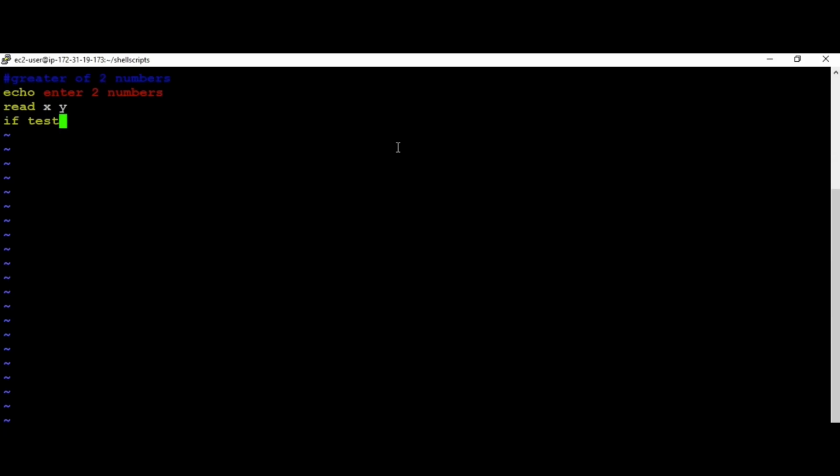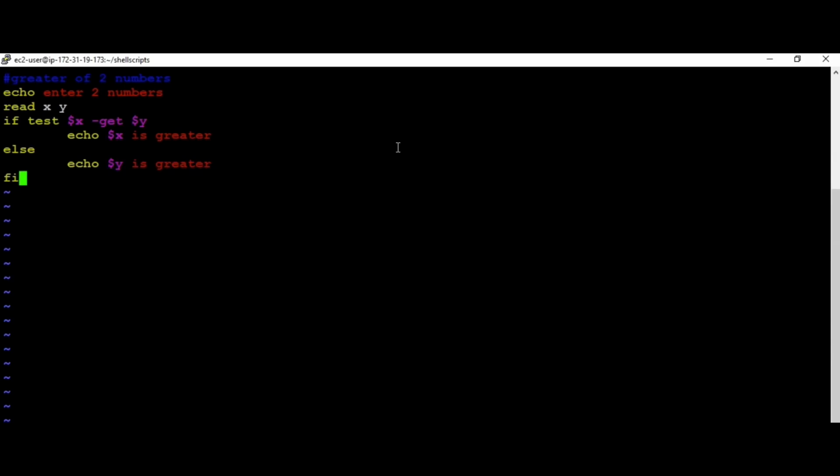Now whenever we have to test or compare two numbers or two operands, we have to use this keyword test. So if test $x hyphen gt, it's not get there, it is gt $y, echo $x is greater, else echo $y is greater.